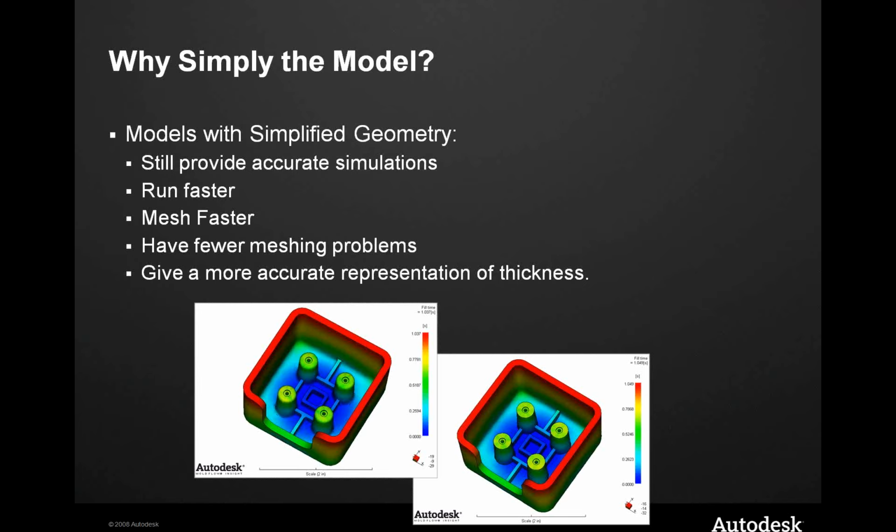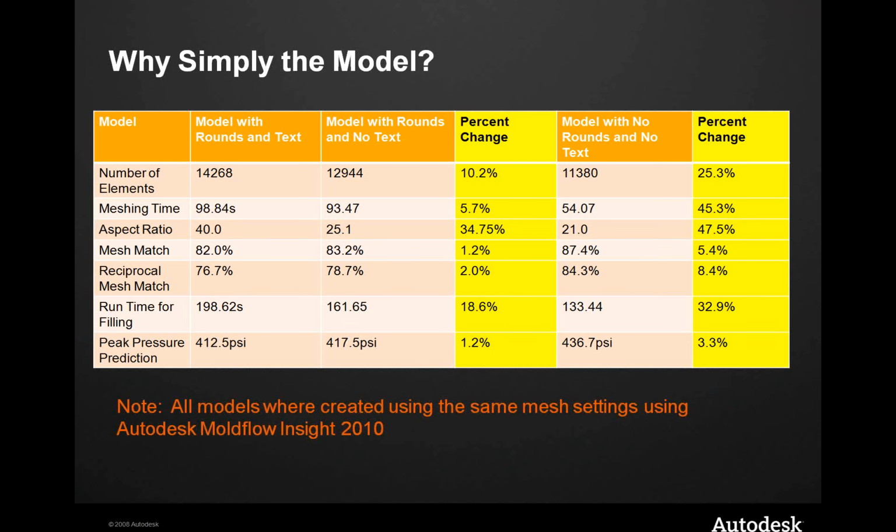For example, quite often in injection molding, we'll have tooling rounds and small features that may not be critical to that simulation that we may be able to remove from the part. That'll create faster run times, faster meshing times, fewer meshing problems, and give us just as accurate a representation of this model. So let's take a look, for example, at some numerical values of this from another Autodesk program,